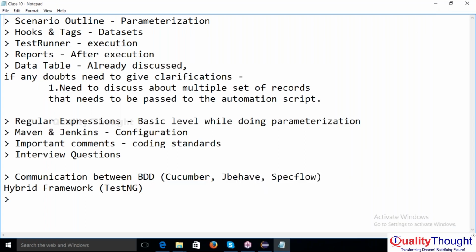So the first thing is scenario outline. What is meant by scenario outline? How can we say that the scenario outline concept in Cucumber helps the user create the outline of the scenario that you have designed for the script purpose? So here, with the scenario outline concept, basically we are going to